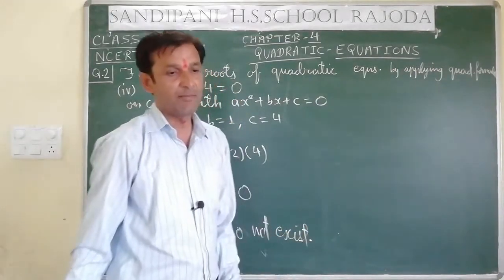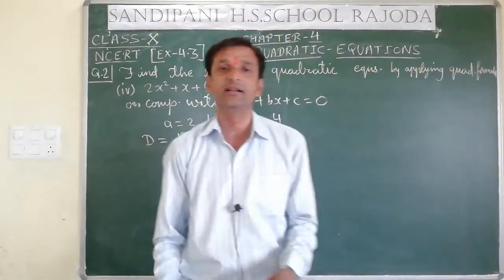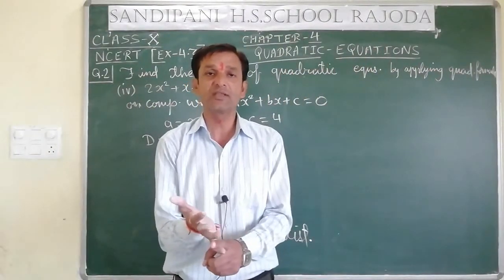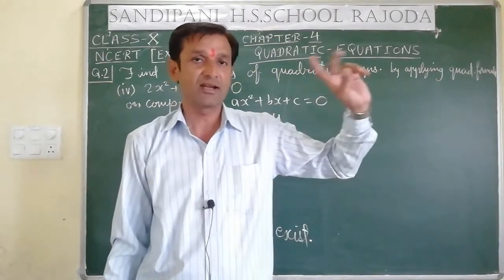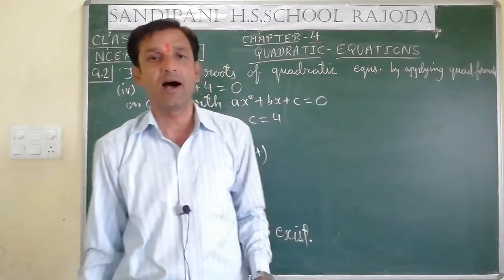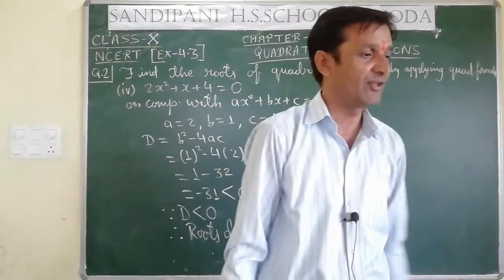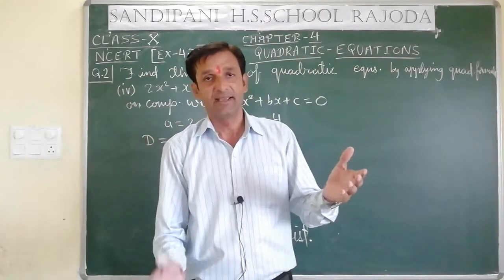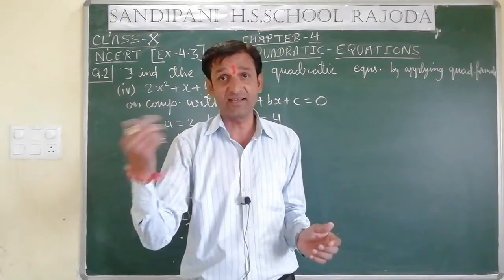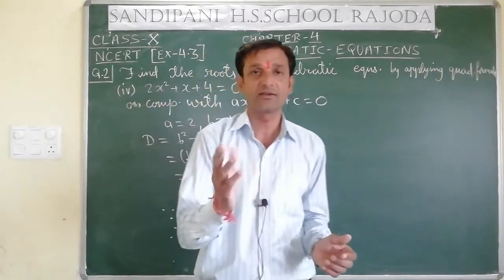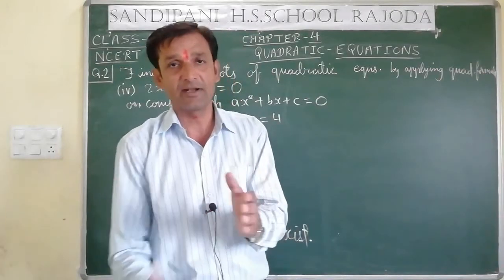Now please tell me one thing. In previous two questions of question number 2, our answer varies with the answer of NCERT because there was somewhat mistake either in question or in answer. So please listen to me. If in previous question there was 3 in LHS, then it will be positive 3. But if it is given in RHS, it will become negative 3. Our solution is absolutely correct, but answer varies.